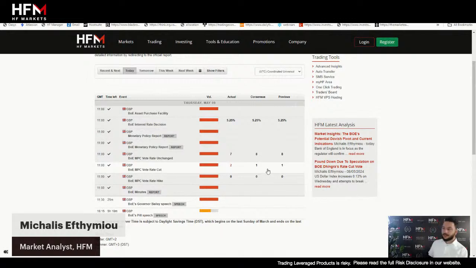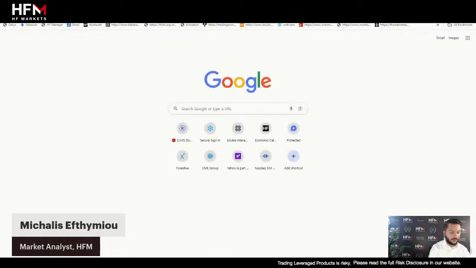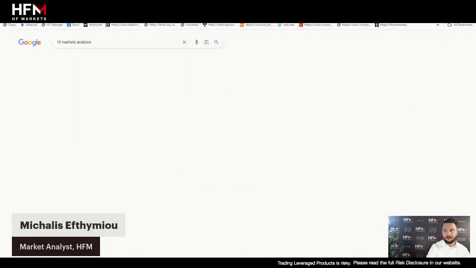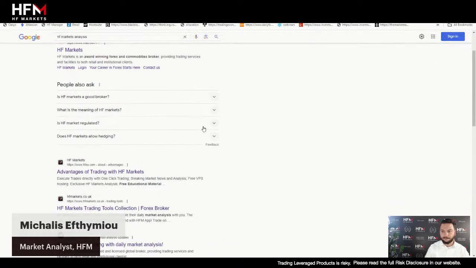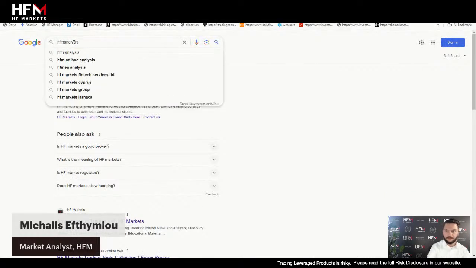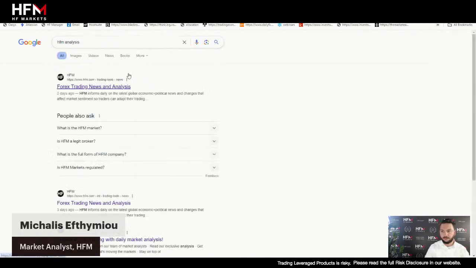So here we can see what we previously stated was correct. We don't know what price movement there's going to be in the market. We're going to look at that now and we'll start analyzing the British pound. We did, though, yesterday. If you look at our analysis, if you go to Google, for example, and type in HFM analysis like this, and you go to our site, let's type in HFM. Actually, it may take us straight there.